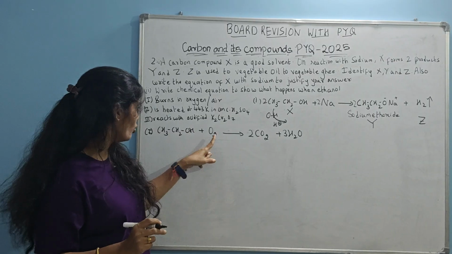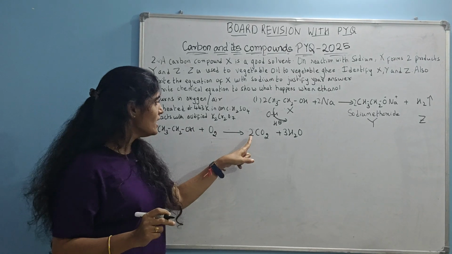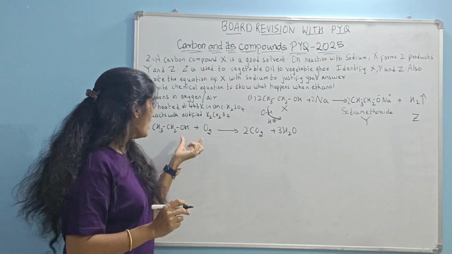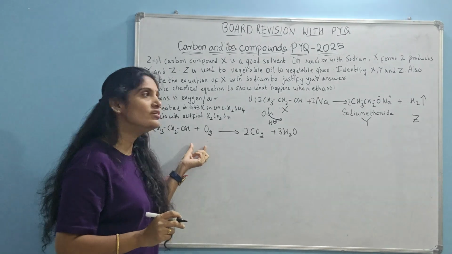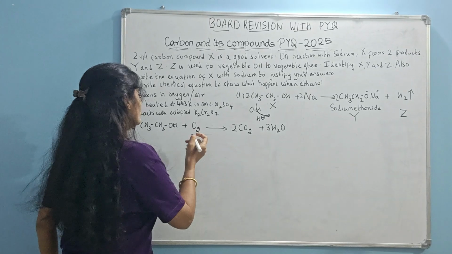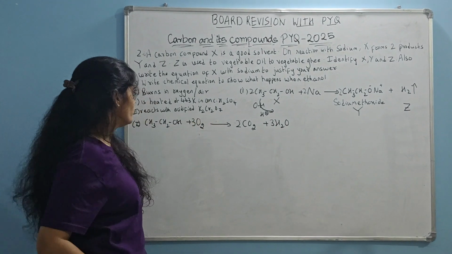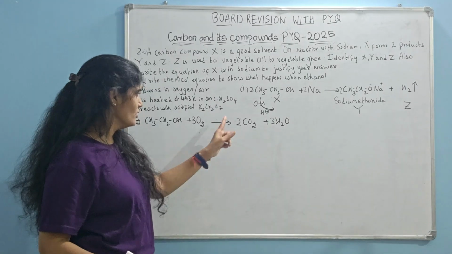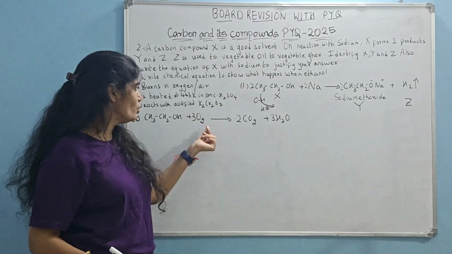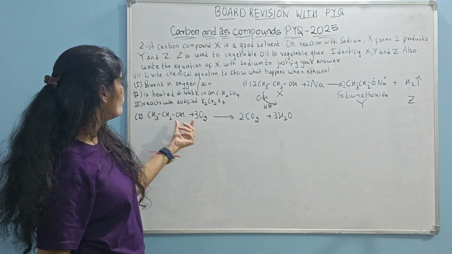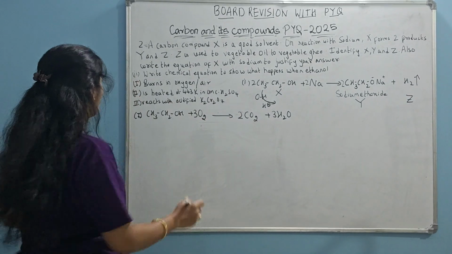Okay, sorry, here I have one more. This side I have 3 oxygens. Here I have 2 into 2, 4 plus 3, 7 oxygens. So how should I balance it? I have to balance on this side because this side I have less number of oxygens. Now what can I do here? If I put 3 here, is it getting balanced? Here I have 7, 3 into 2, 6, 6 plus 1, 7. Now even my oxygens got balanced. So this is my balanced reaction for combustion of ethanol.